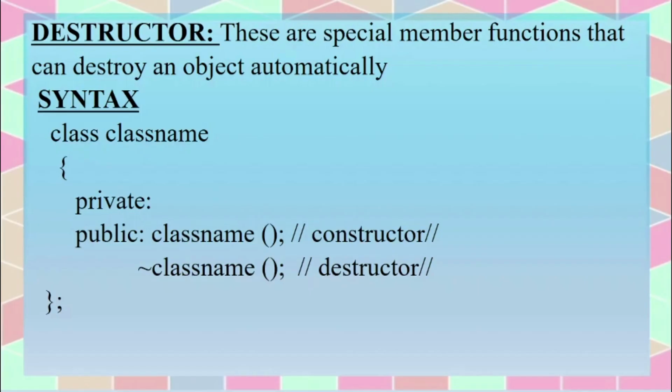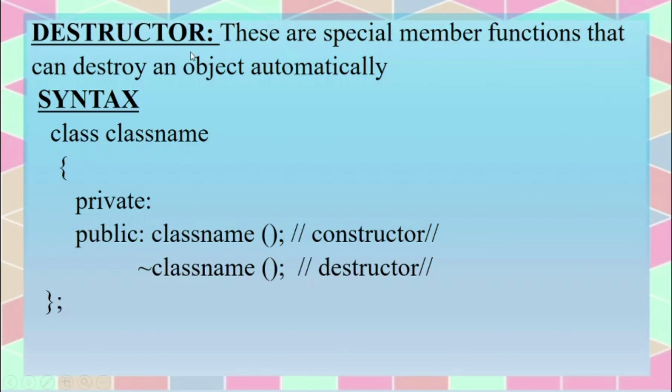Clear? Now let us see the last part of this chapter, that is destructor. Destructors are special member functions that can destroy an object automatically. In the beginning of the chapter, we have seen the topic constructor, which is used to initialize an object automatically. That means we can create an object automatically using the constructor member function. The object that we have created can be destroyed using the other member function,